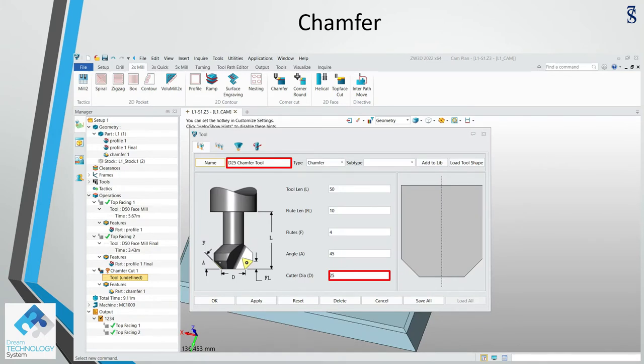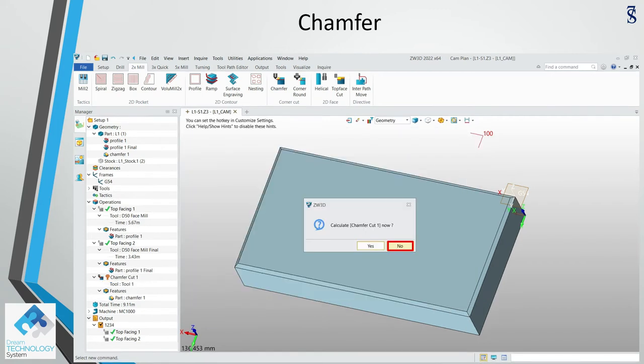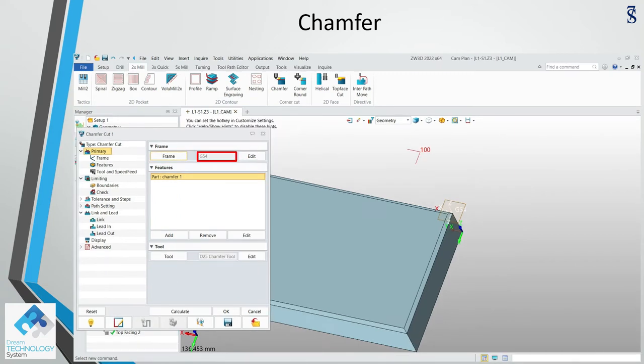The tool will disappear so that you can put in the name D25, because we're going to use a diameter 25 chamfer tool. Change the diameter to 25 and put the tool number 3 for this round, because this is the third tool that we're going to use for this part. Click OK. We're not going to calculate it for now because there are also parameters that need to be updated, so we say no. The first thing to change is the frame, so we change to G54,